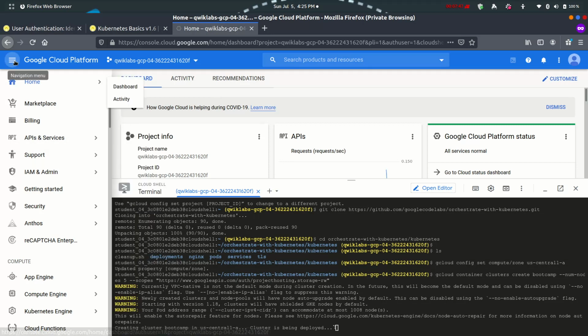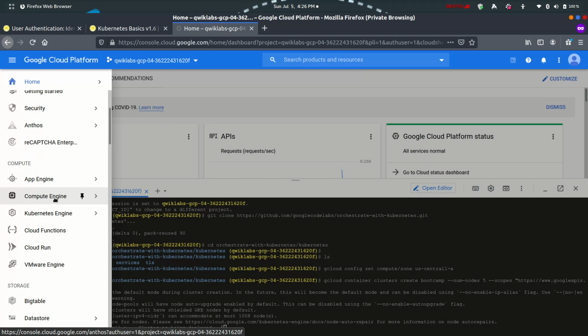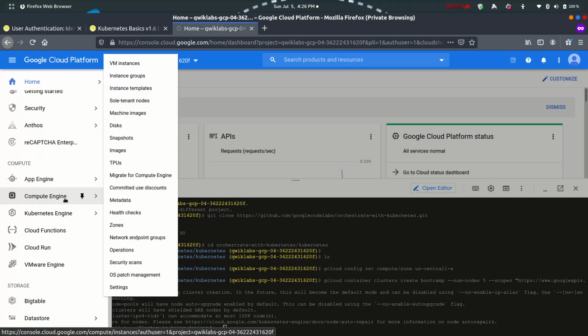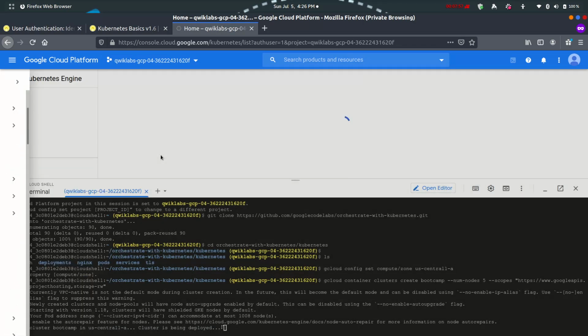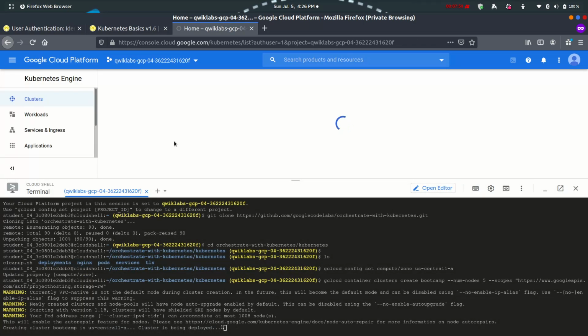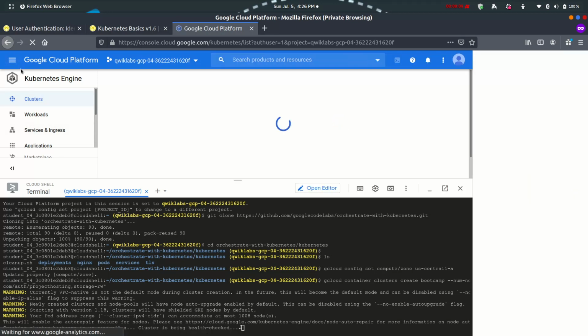Meanwhile, you could click here, scroll up, come to Kubernetes, and click on cluster. You should see that cluster being created. If you want to see the VMs, 5 of them, which are referred to here as the nodes, you would